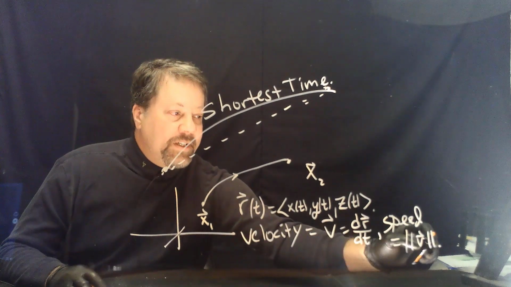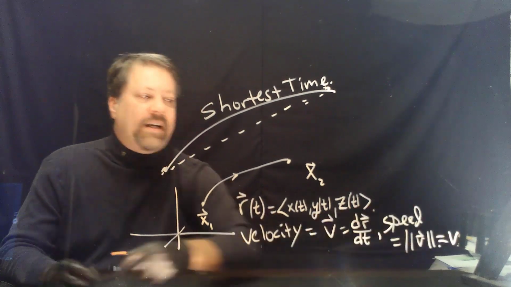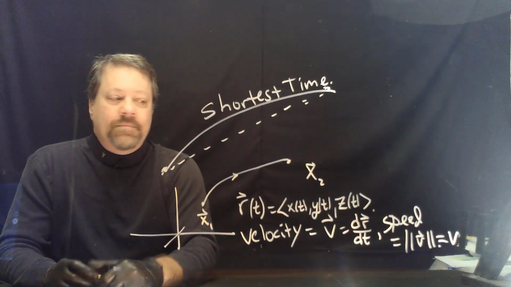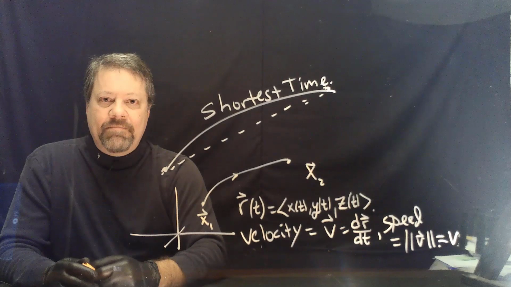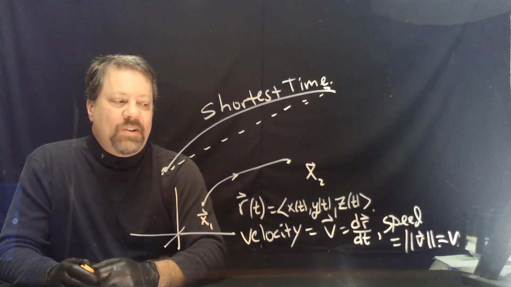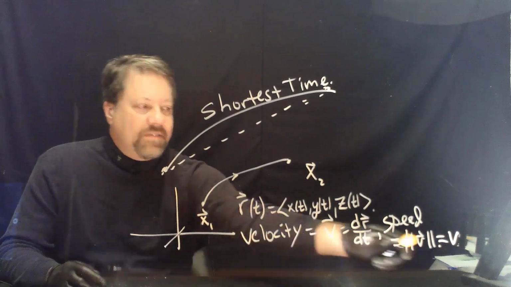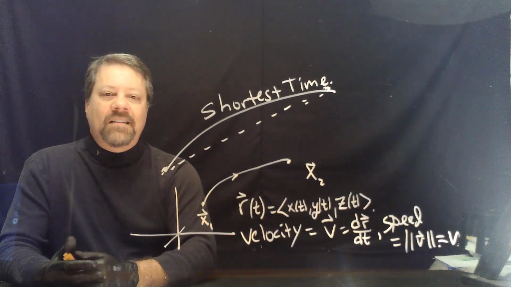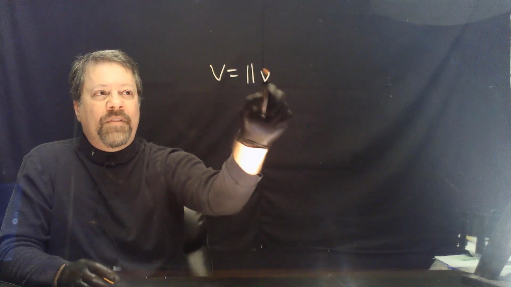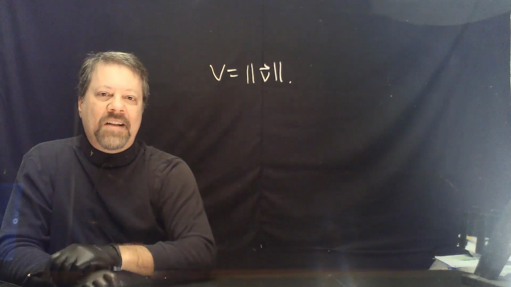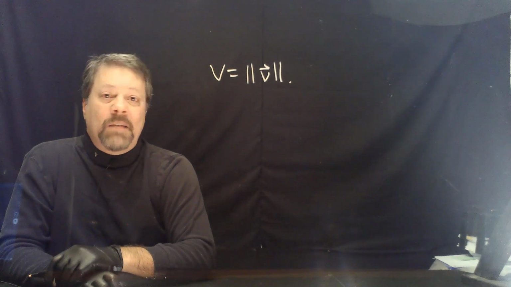We're going to denote the speed by a lowercase letter v, as opposed to v with an arrow over it, which is the velocity. Velocity is a vector, speed is a scalar. So the speed is the length of the velocity vector. The speed can be calculated two ways. We've just shown how speed is the norm of the velocity vector. So if you know the velocity vector, you can calculate the speed by just calculating the norm.